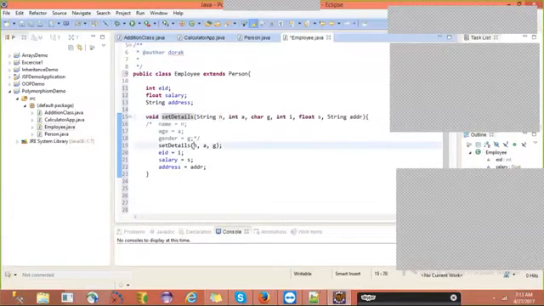How many parameters are there in the superclass definition? 3, right? So what does that mean? It is an example for what? Same method name with different parameters.